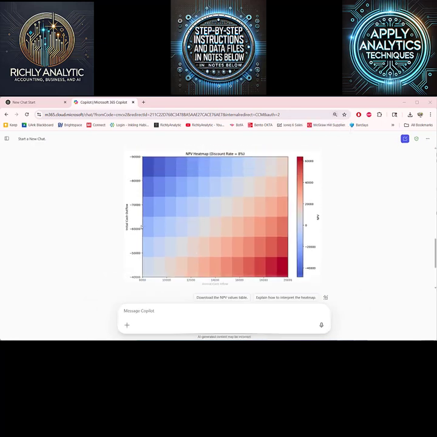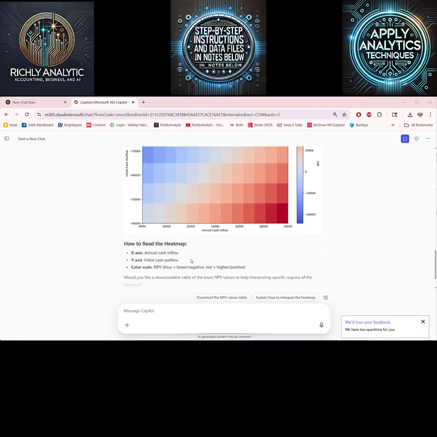If the investment is 40,000 to 90,000, and the annual cash inflow is between 8 and 20,000, we can see a much higher net present value where it's very red, and a much lower net present value if the initial investment is 90 and there's not much of an annual return.